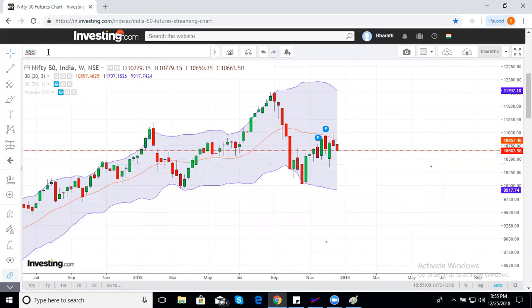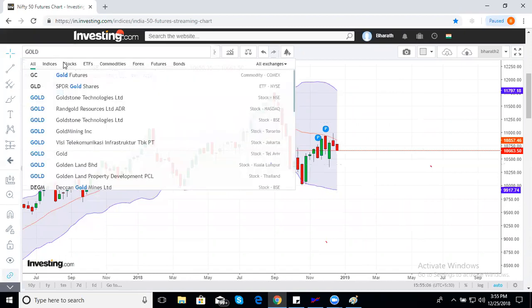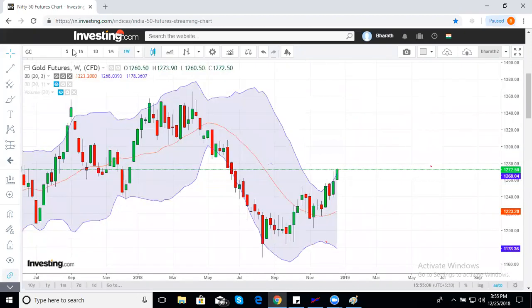Look at gold. Obviously, you know, this and gold will always be opposite, right? Look at gold futures. What is happening? See, this rally of gold is on an outside inside double bottom. See, the market closed outside the Bollinger Band. Look at this big green candle. The closing is outside the lower band, goes out, comes back.